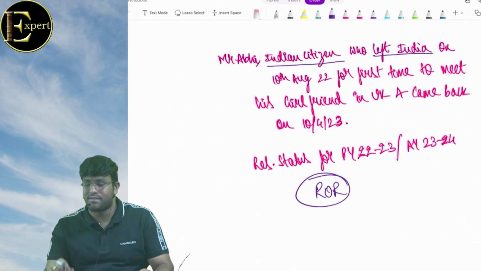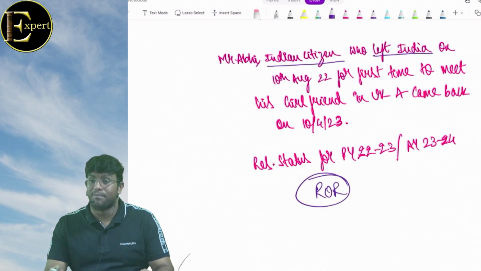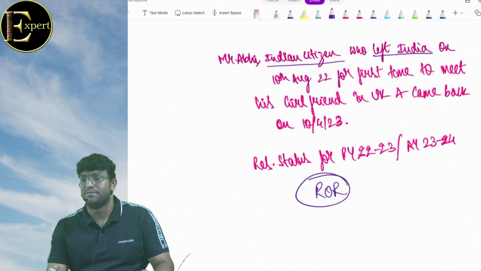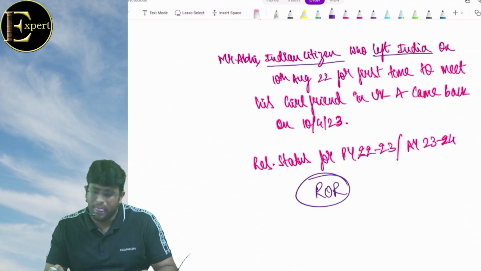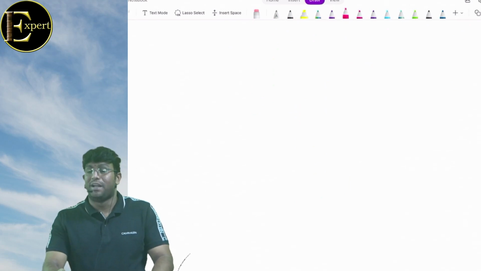In the same case, what would be your answer if Abhi left India for a job in US? He'll become NR, because the basic condition is gone. It cannot be the 182 days one; it can only be on 60 and 30. Do you understand? That's the end of the story for resident status of an individual.